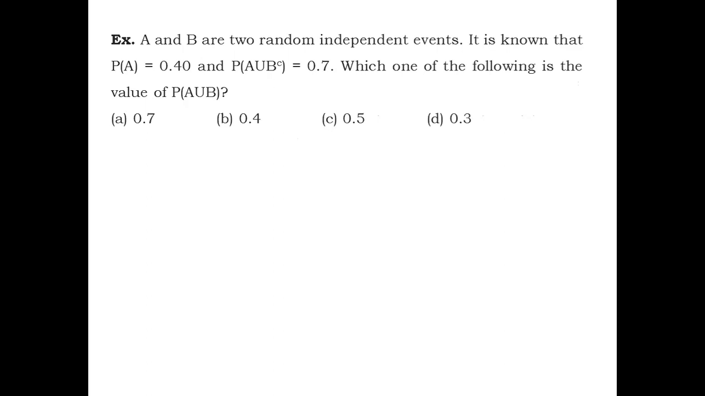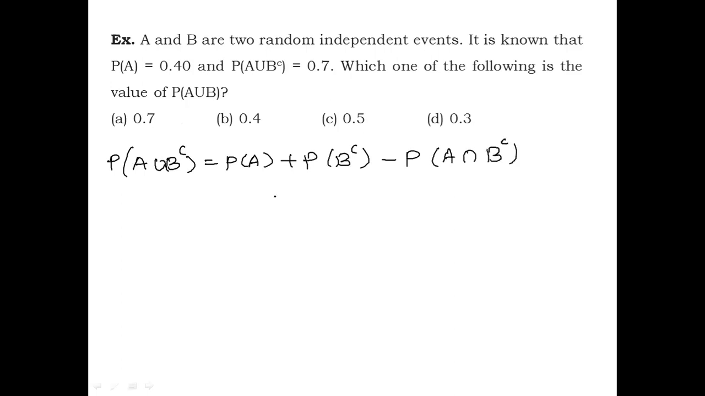Next problem. A and B are two random independent events. It is known that probability of A union B complement is 0.7 and probability of A is 0.4. So which of the following is the value of probability of B? We have to solve such problems as quickly as possible. Probability of A union B complement is equal to probability of A plus probability of B complement minus probability of A intersection B complement, which is equal to, now this is 0.7, probability of A is 0.4 plus